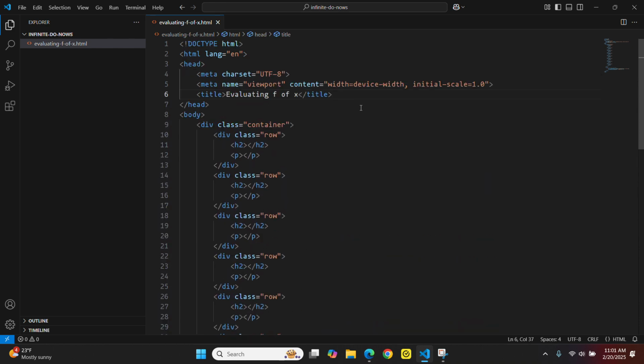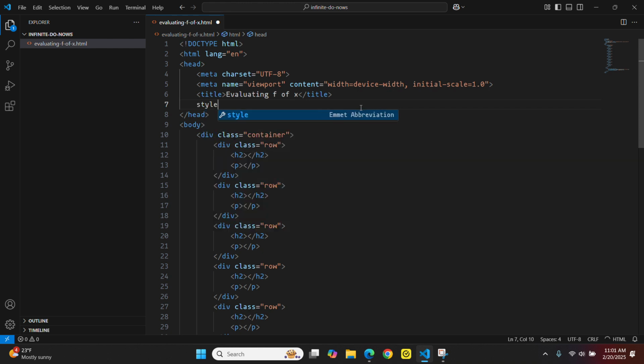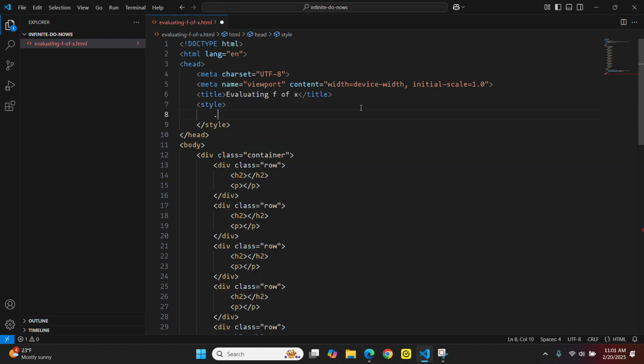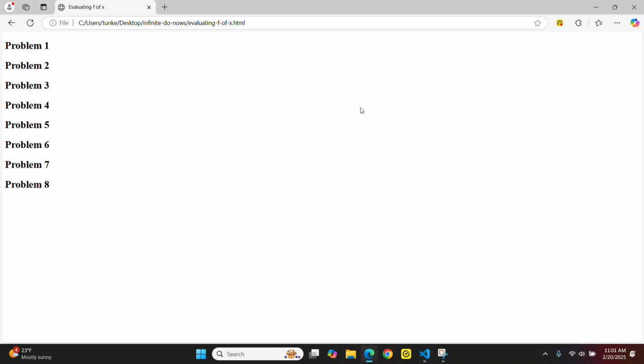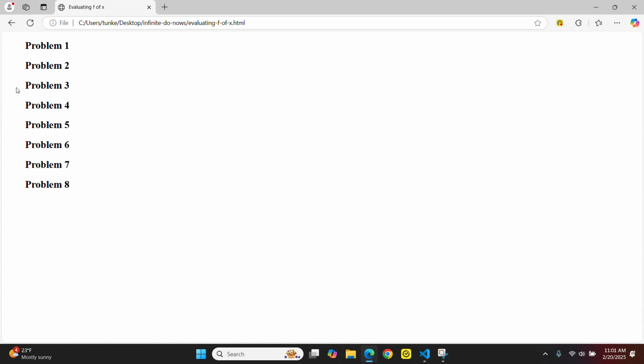Okay, we want to maybe work on the style here a little bit. So let's go up to the top here, right under the title. I'm going to type in style, hit tab. In that, I'm going to create some styling for the container class. I do that by typing .container, and then inside the curly braces, I can give a style. So I'm going to do margin 0 on top and bottom, but a ½ inch on the left and right. And now if I save that and I refresh in the browser, you'll see it gives that ½ inch